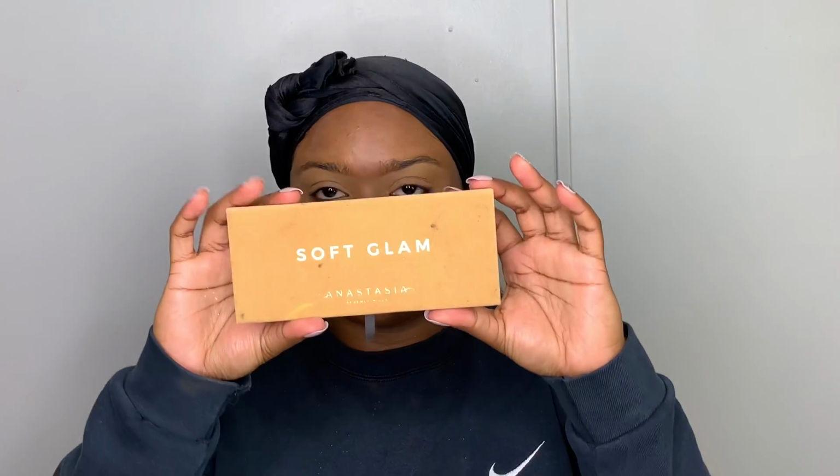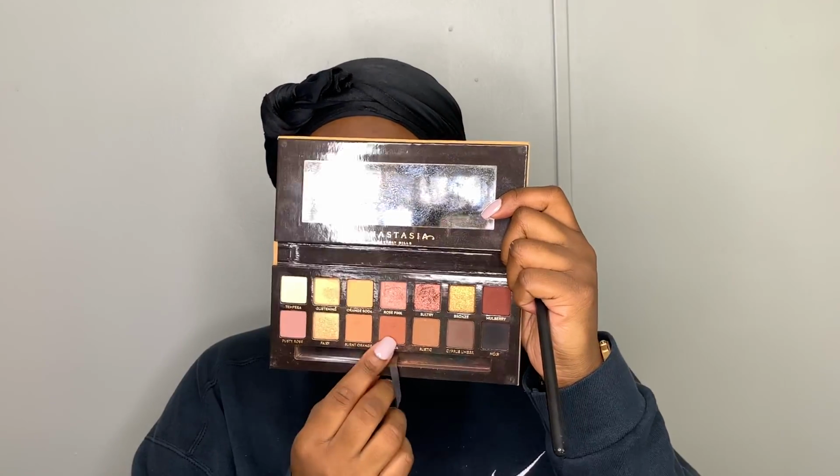To set my eyelid, I'm going to use the Beauty Bakerie Flower Powder in the shade Yellow. You guys, I really love this powder, so get your hands on it if you want to try a new setting powder. So I'm going to use my Anastasia Soft Glam palette, and I'm going to use two shades, a light brown and then a medium brown,